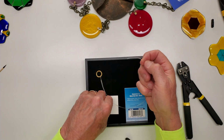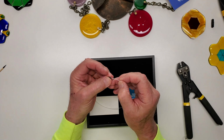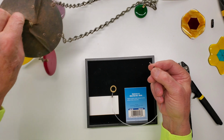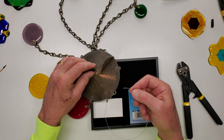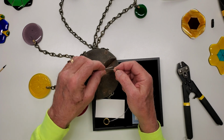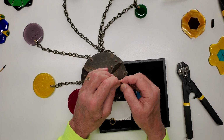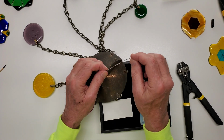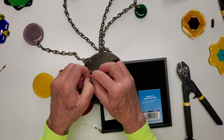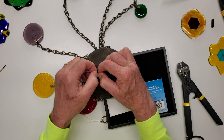And I'll take my next crimp and again, insert the line and then run it through the loop in the piece that I wish to hang. I'll then take the other end, again, push it through the crimp, get my desired loop,